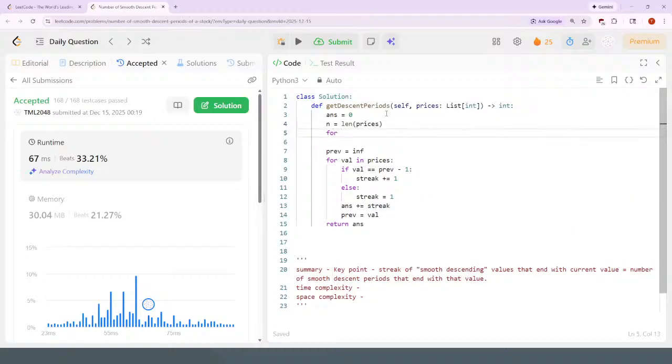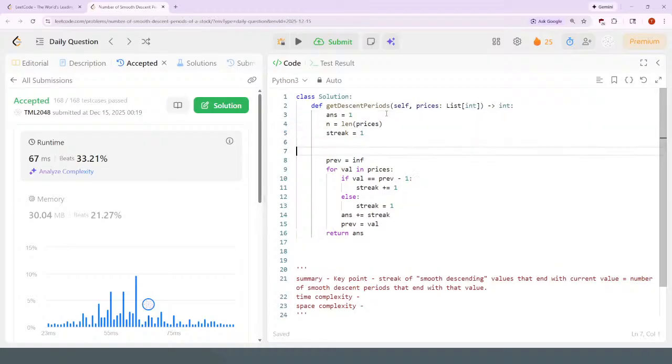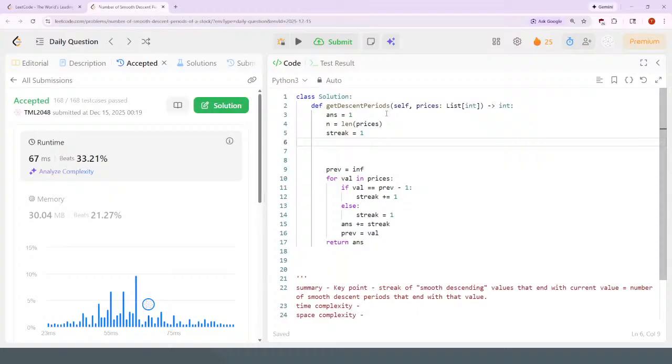I still need a streak, right? I guess I can start with streak is 1, answer might be 1, and then use indices from 1 to n. For every index in range 1 to n,